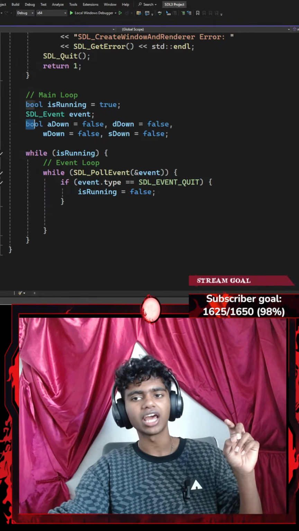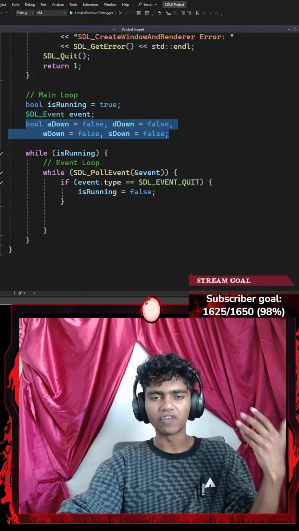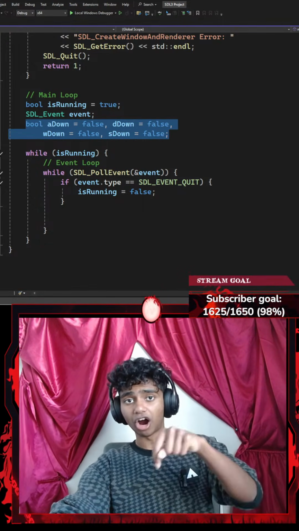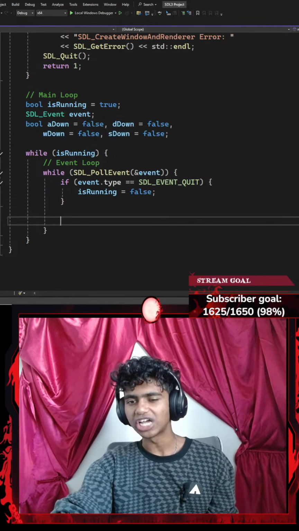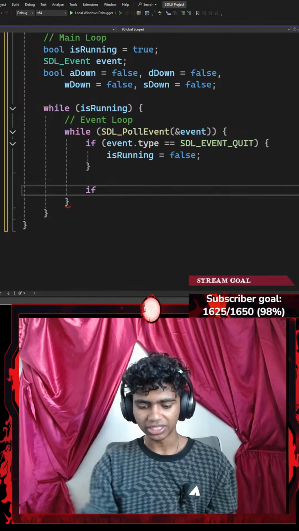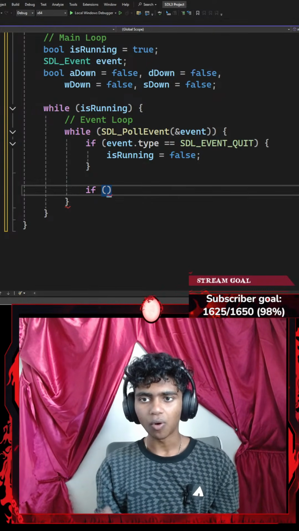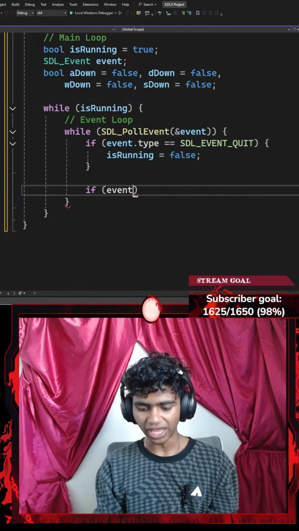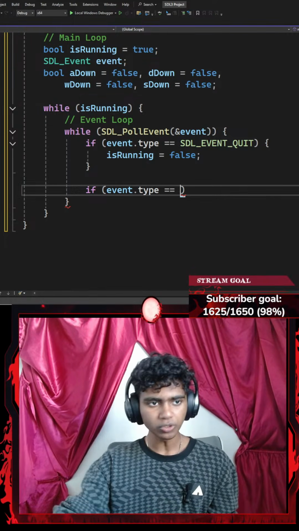event checks because I do want to add two event checks to see if any of these buttons are being pushed down or if they're not being pushed down. To do that, I could go ahead and add another if statement. So I'm going to go with something like if type of parentheses. Now I'm going to check if my event dot type equals to